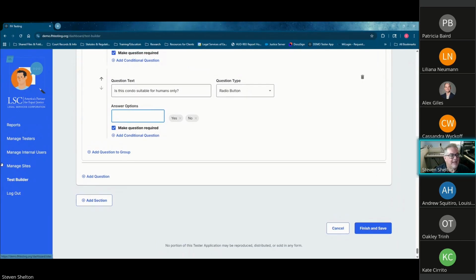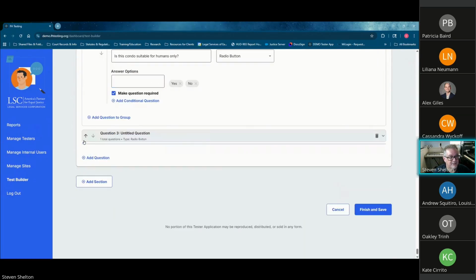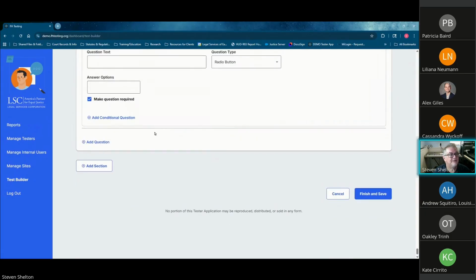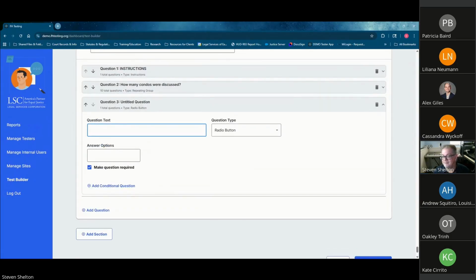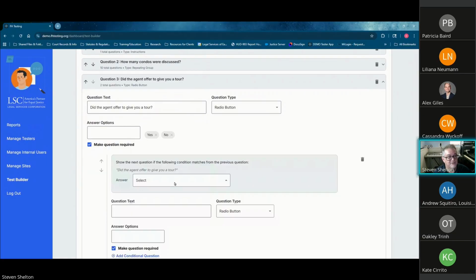And then we're going to add another top level question. And that top level question is going to be, again, we have to expand it. Did the agent give you a tour? And then again, we're only going to have yes or no as an option. And so then we're going to add a conditional question under that. So if the answer to that question, did they offer to give you a tour, is yes, then we're going to ask,